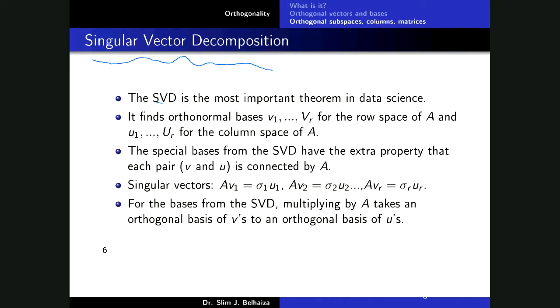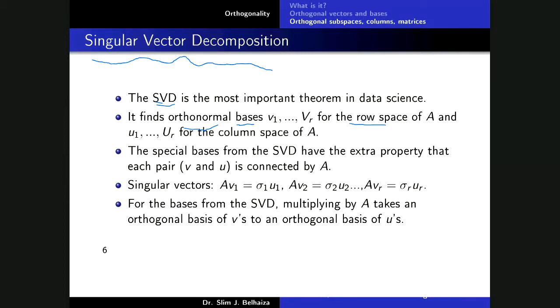SVD stands, guys, as an abbreviation for singular value decomposition. It's the most important theorem in data science. What it does is find orthonormal bases. We've just seen what we mean by orthonormal. An orthonormal basis means a set of vectors that is able to generate my whole subspace, and each vector has a unit norm. So singular value decomposition finds orthonormal bases v1 to vr for the row space, and